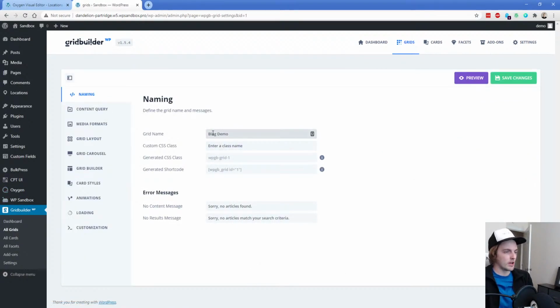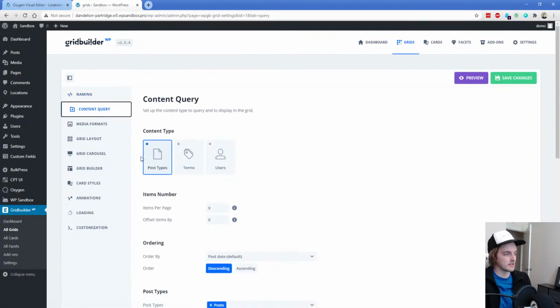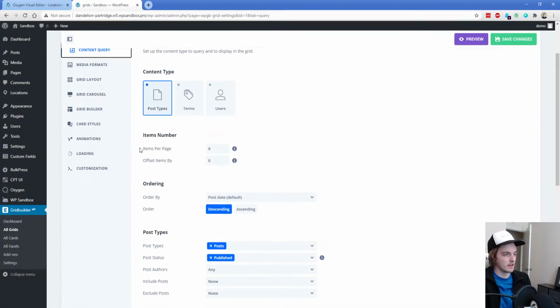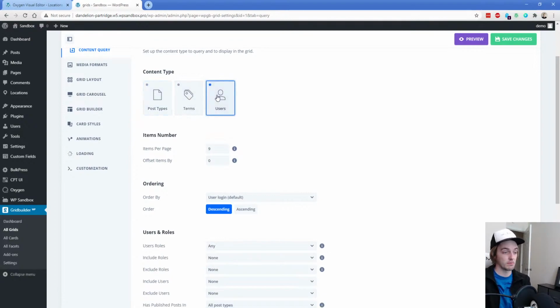So our grid name is blog demo, class name, not too worried about that. Once again, you have a no content message and no results. Content query, let's go to post type. Terms would be like taxonomies or categories. Users is pretty dope because you can't use the repeater easily to pull in the